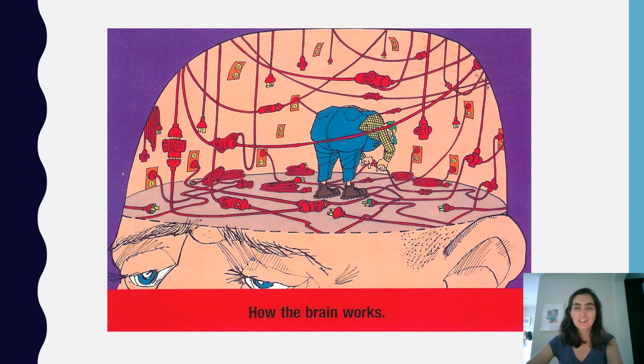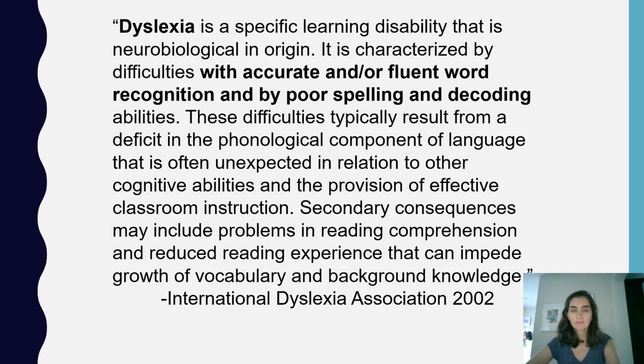This is just a silly illustration showing us how complicated the wiring is in the brain. Of course, it's not really wired like this, but it's a little bit easier to explain or imagine than those tricky neural pathways that are going on in there. The next piece of the definition has to do with